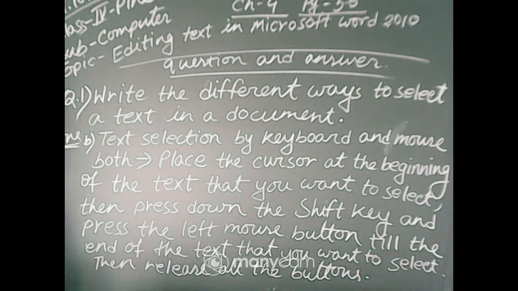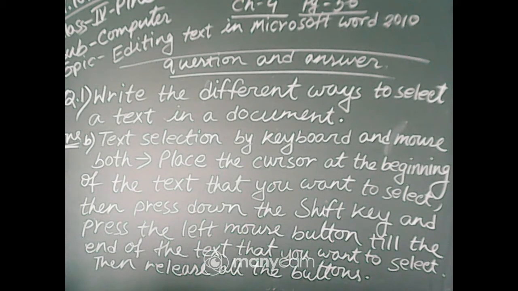Now write the different ways to select a text in a document. Text selection using the mouse already written. Now the number B, text selection by keyboard and mouse both.